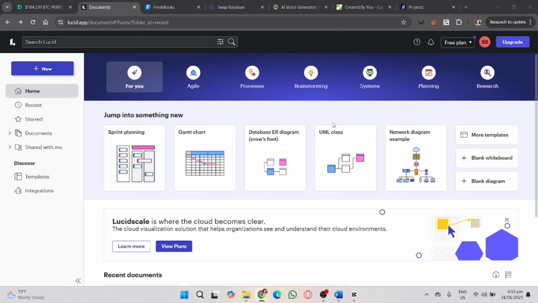And that's it. That's how you install Lucidchart on different devices. Whether you're using it in a browser, as a desktop app, or on mobile, you now have easy access to your